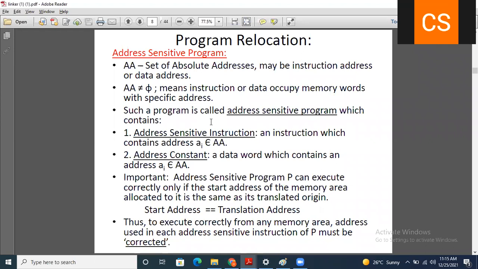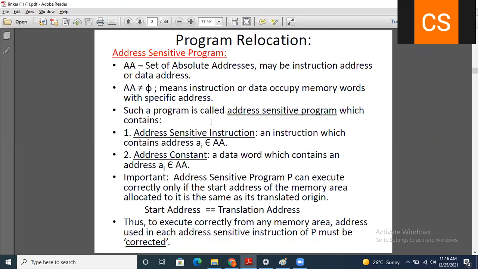So in that case, you are saying that it is not empty, and not empty means we have the program, or the machine instruction or data, present in the memory. Such a program is called an address sensitive program, and it has address sensitive instructions and address constants.